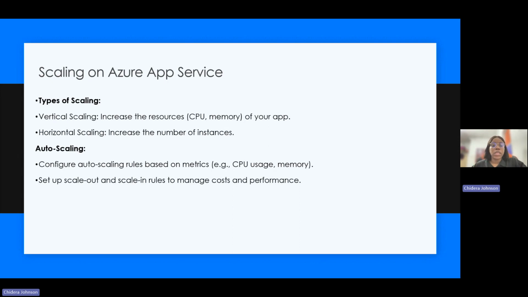So that is actually the advantage of vertical scaling. So there's also something called auto scaling. So configure auto scaling rules based on metrics. So CPU usage or memory. So you can just say